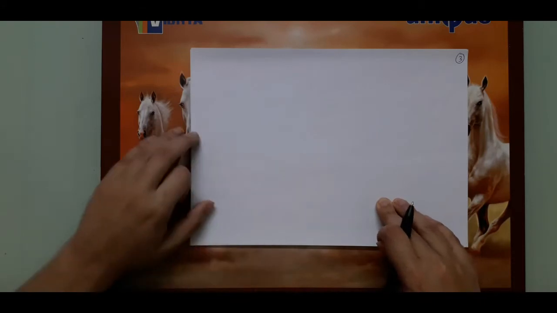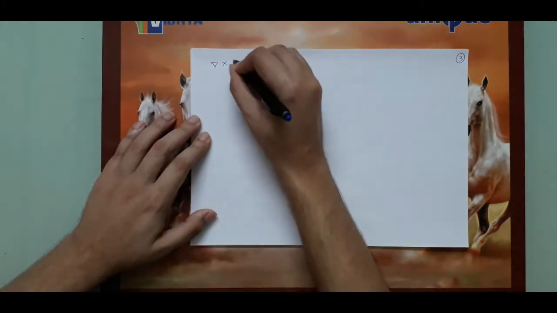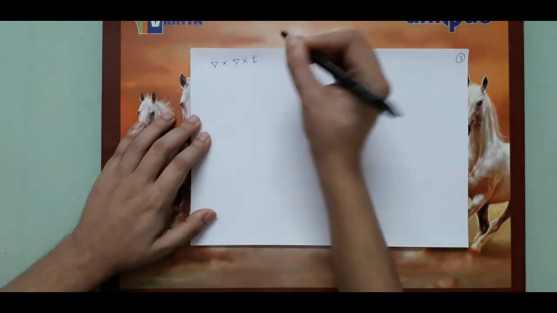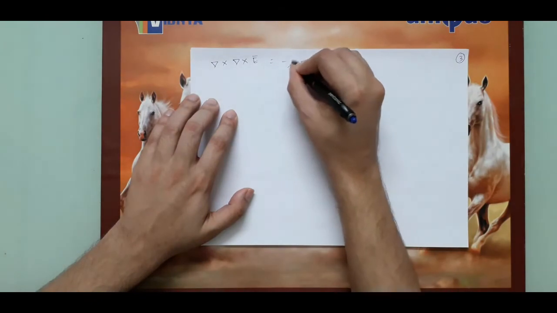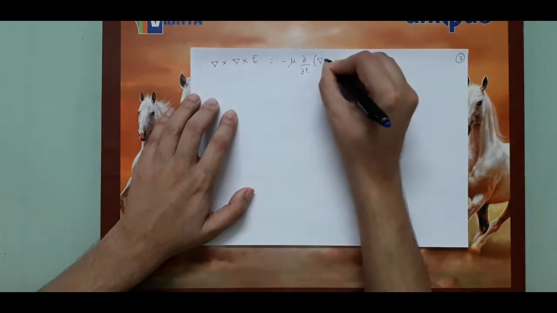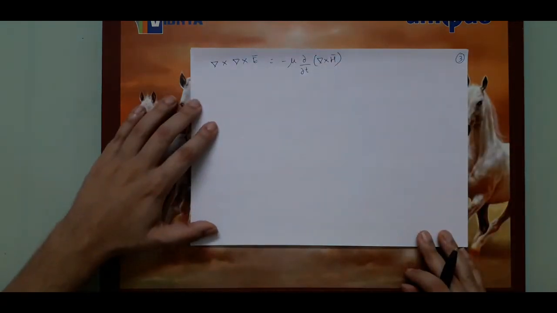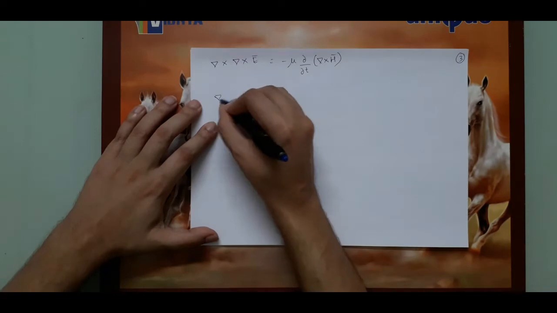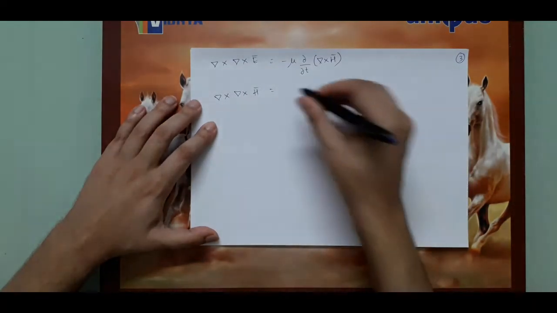So if I now take the curl, this will be nothing but minus mu, the time differential of this, the curl of the magnetic field. Likewise, if I take the curl on the Ampere's law, I will get